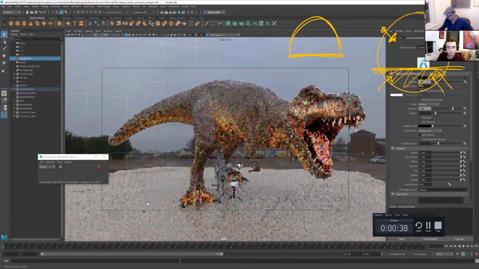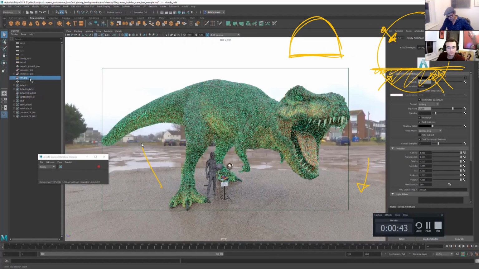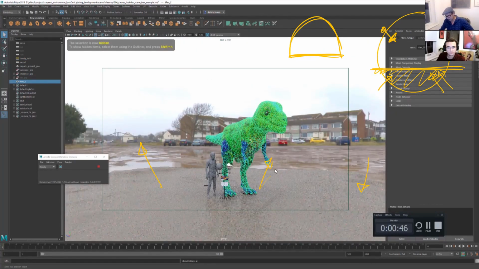So this is just turning on. So again, you can see I've got this as well to receive shadow, and also that's going to bounce light back up. So it's going to create